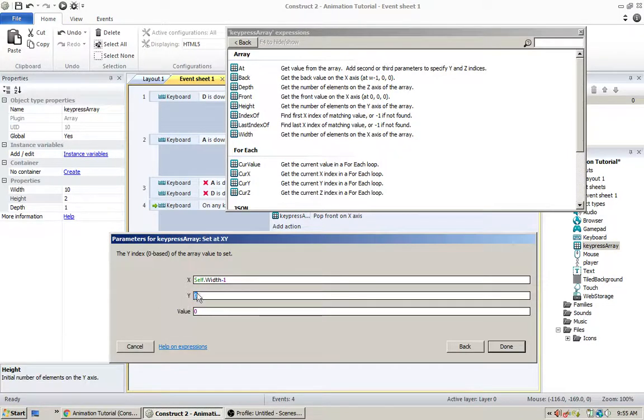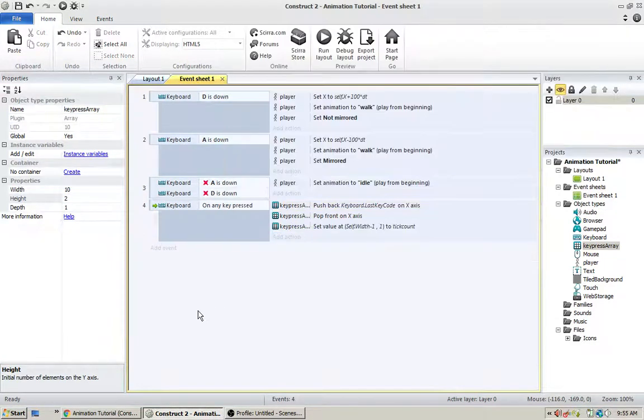And since there's two rows in the array, it'll be 0 and 1, so we choose index of 1 for the Y, and then we set the value to the tick count. Okay,